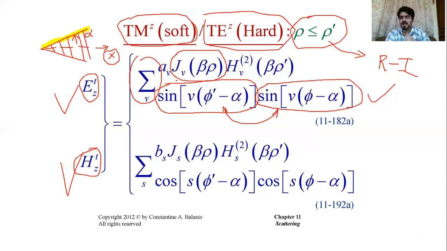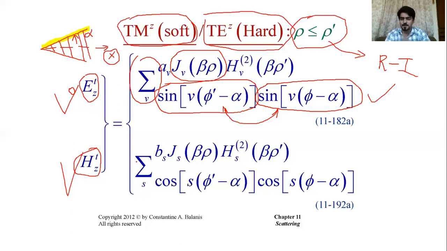So phi prime and rho prime define the location and direction of your source, whereas rho and phi define the location and direction of your observation point. So that is for E_z, and that is for TM to Z polarization. Okay. Similarly, for TE to Z polarization, when you have a magnetic line source parallel to Z axis or